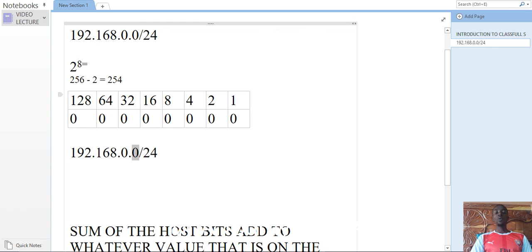So if we add all this together, 128, 64, 32, 16, 8, 4, 2, 1, our value is going to be 255. So that is our value. If we add 128, 64, 32, 16, 8, 4, 2, 1, we have